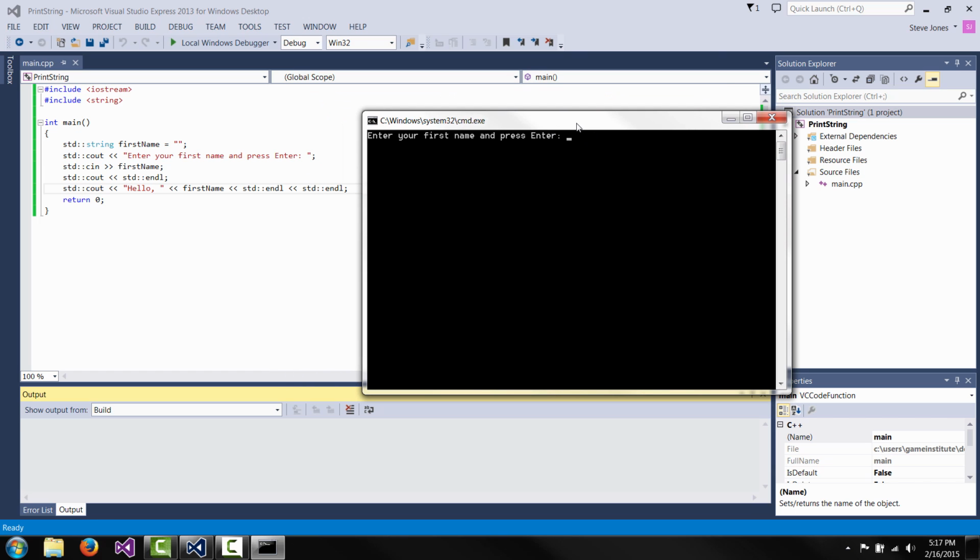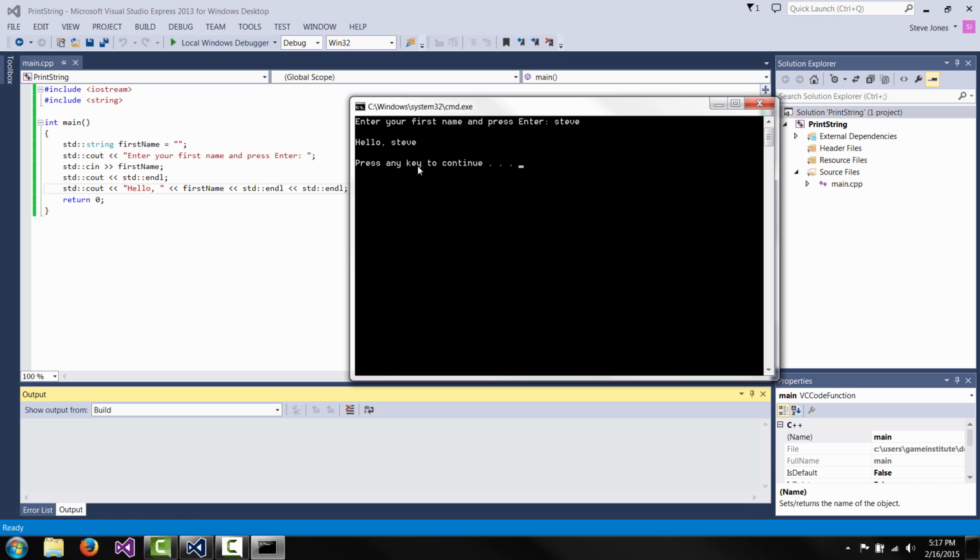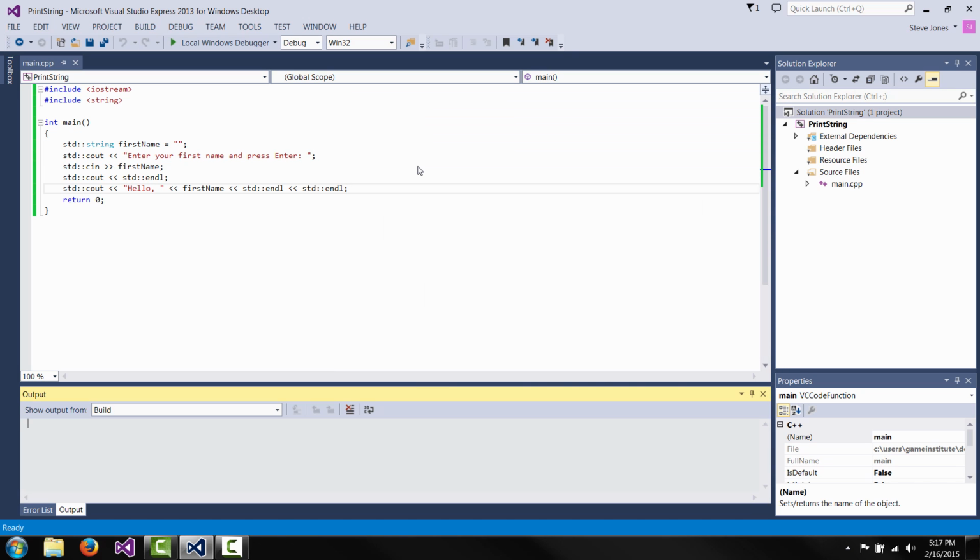Okay, so let's run our program now. It's doing exactly what we typed in. So I'm going to go ahead and just type in my name, hit enter, and it outputs the string Hello, comma, space, Steve. And then it's prompting us to hit a key. When I hit any key, it will close the application. Now the application is not running anymore in the operating system. Like I said, each of these lines of code for this particular application will be explained in detail, line by line,